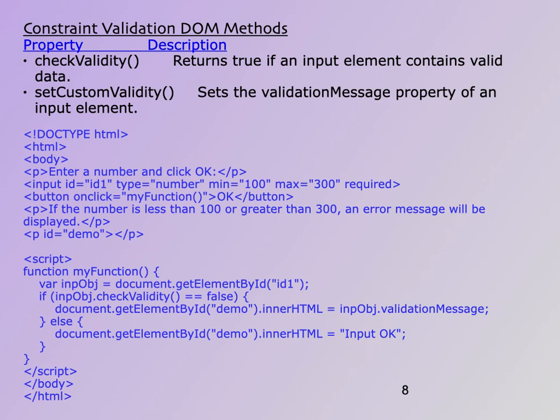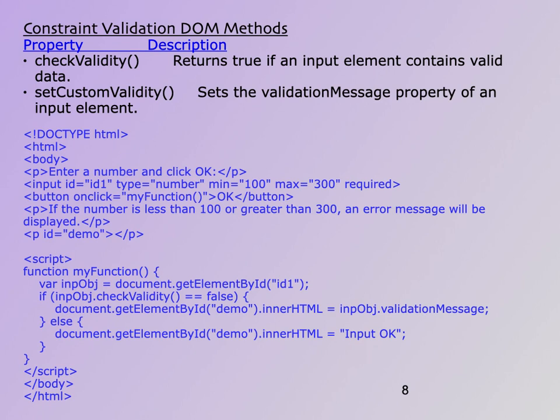Here, after the HTML tag, we have specified the body tag, then a paragraph tag. The content is "Enter a number and click OK". One input of type number, an input number field, is specified, with the id equal to id1 and the type as number, followed by 3